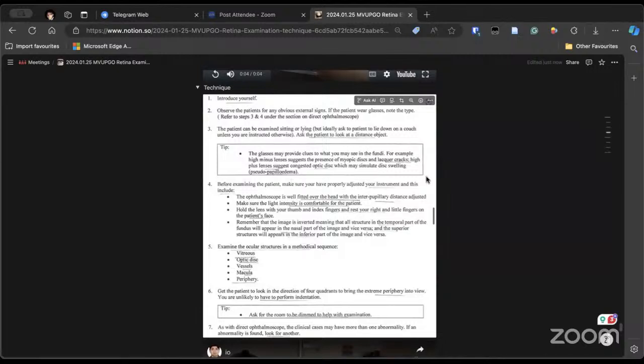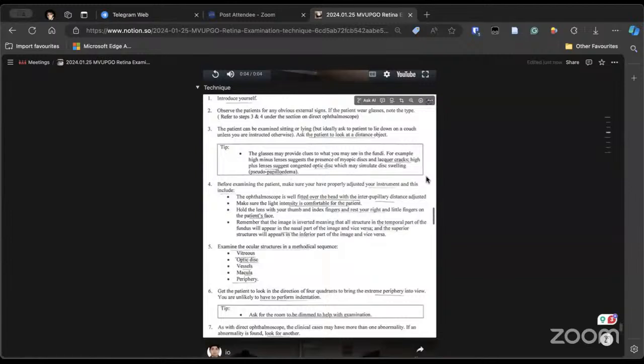In the examination it might not be possible because the time is less, but if you have been practicing this, it will come naturally. But definitely darken the room. That is very important. Darken the room. And you have to adjust the instrument. You have to ensure that the instrument is working properly.